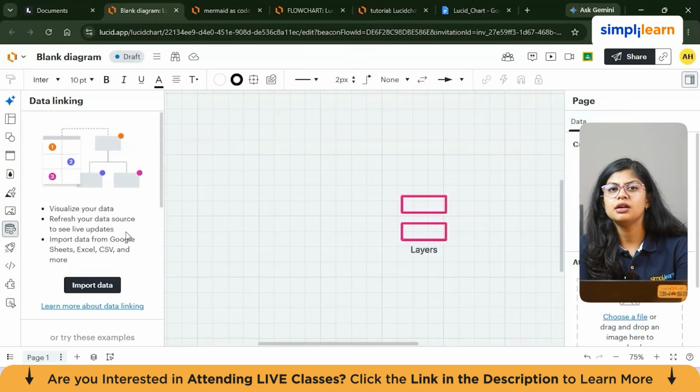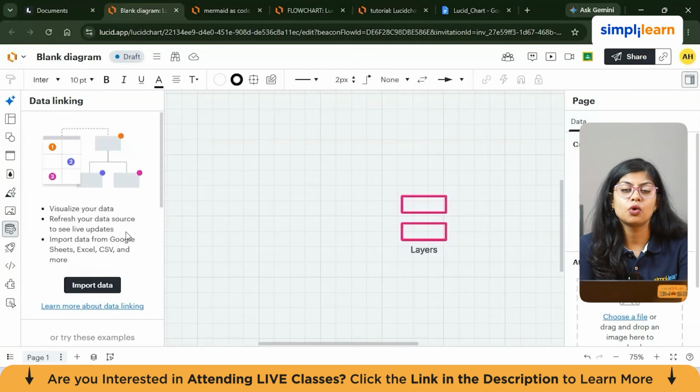Here you can see a simple spreadsheet with process steps, owners and status. We can bring this data into Lucidchart and connect rows to shapes. Import the sample data, drag a row from the data panel onto the shape, and show the data fields attached to the shape. Display the owner and status as visible fields if possible. Once the data is imported, you can just drag a row onto a shape. Now that the shape is connected to the data source, the diagram becomes more than just a drawing. It becomes a visual representation of the actual information.